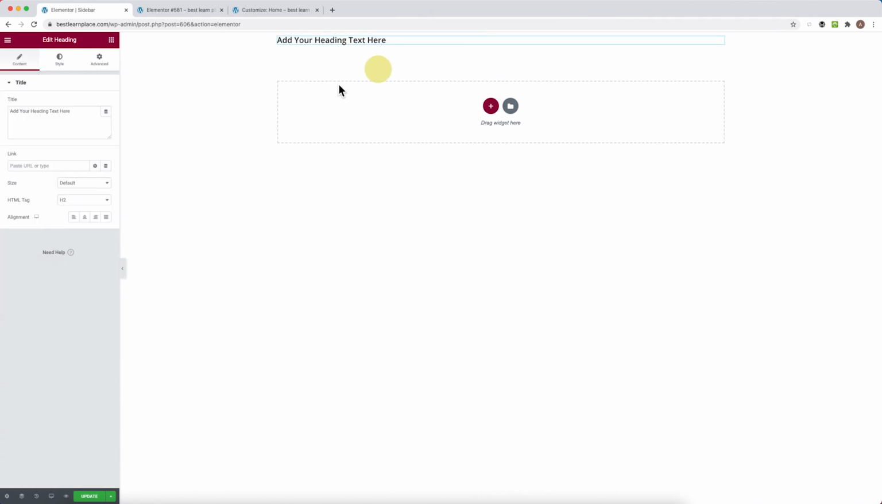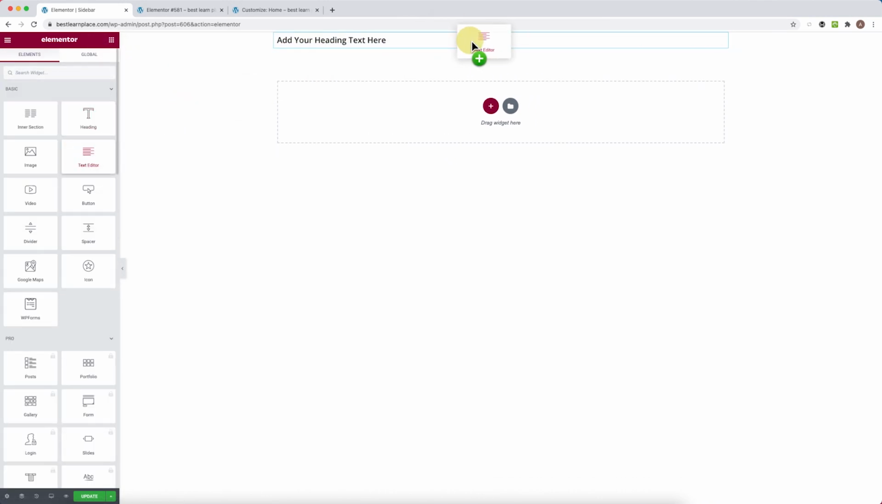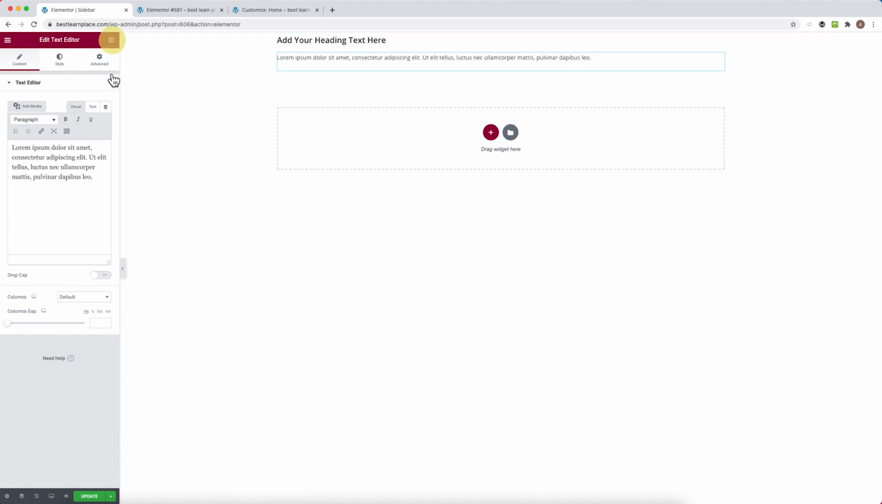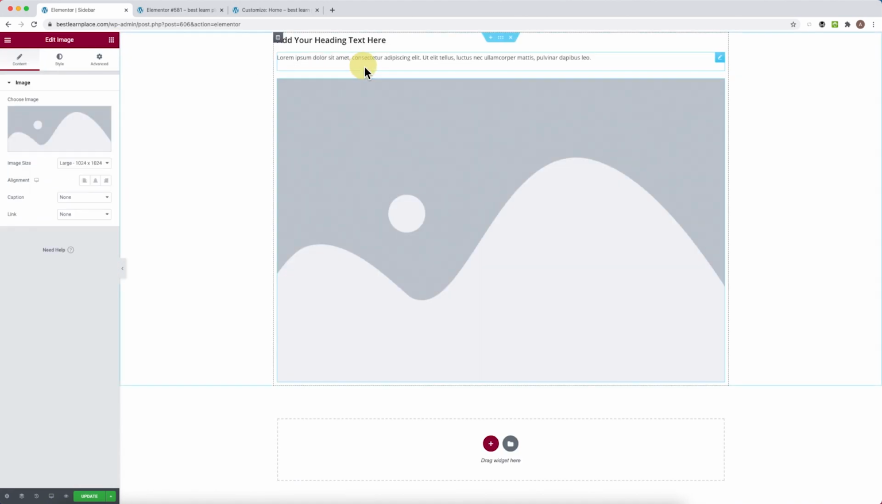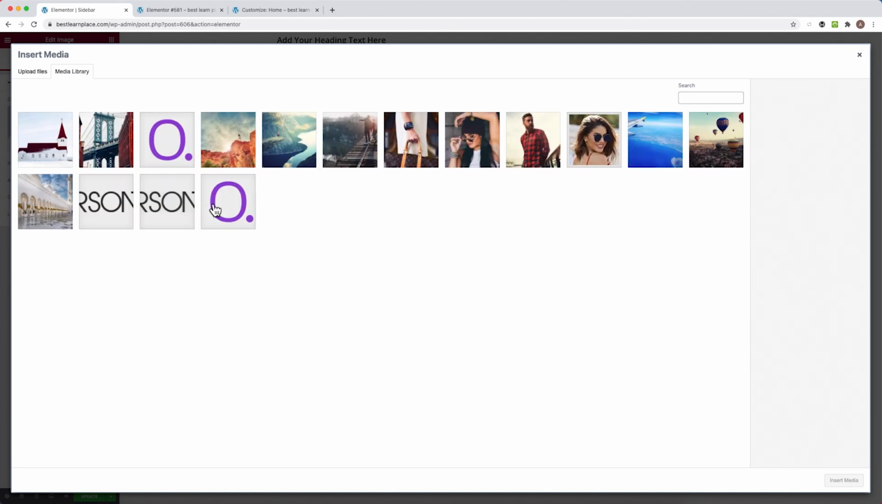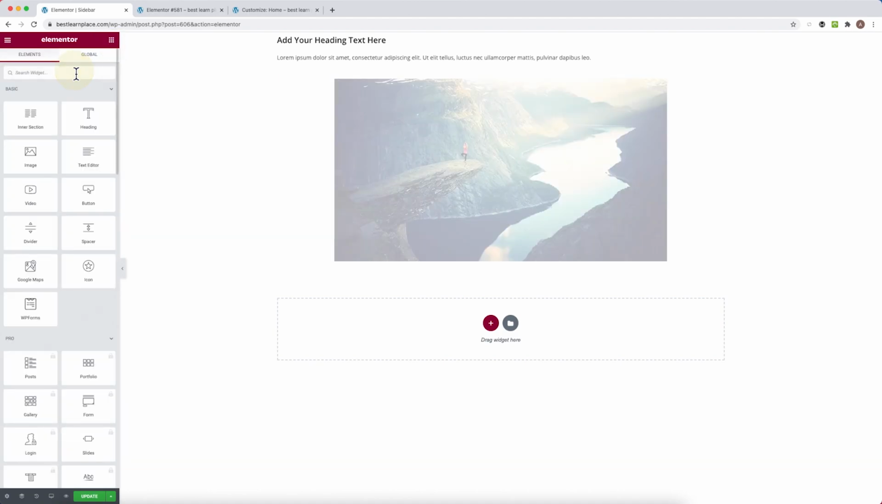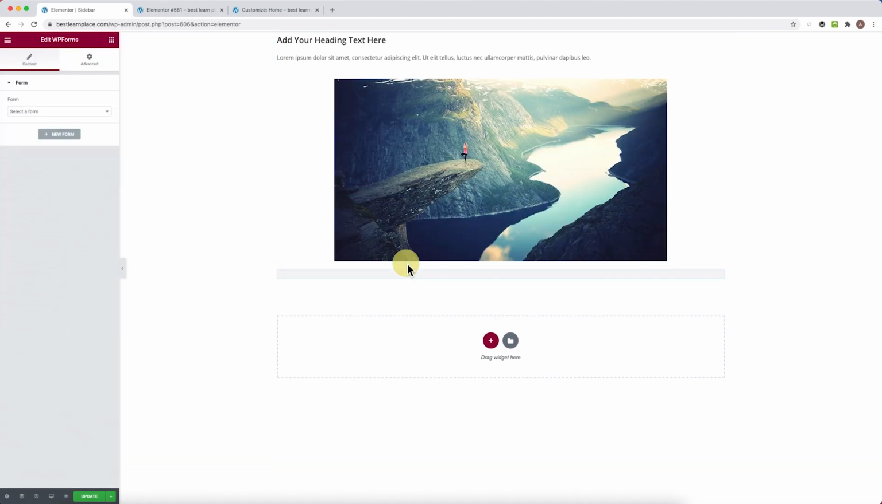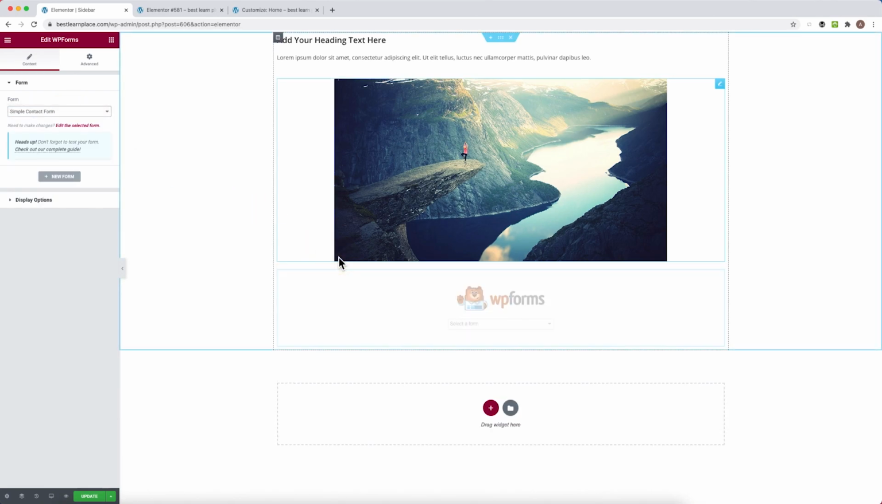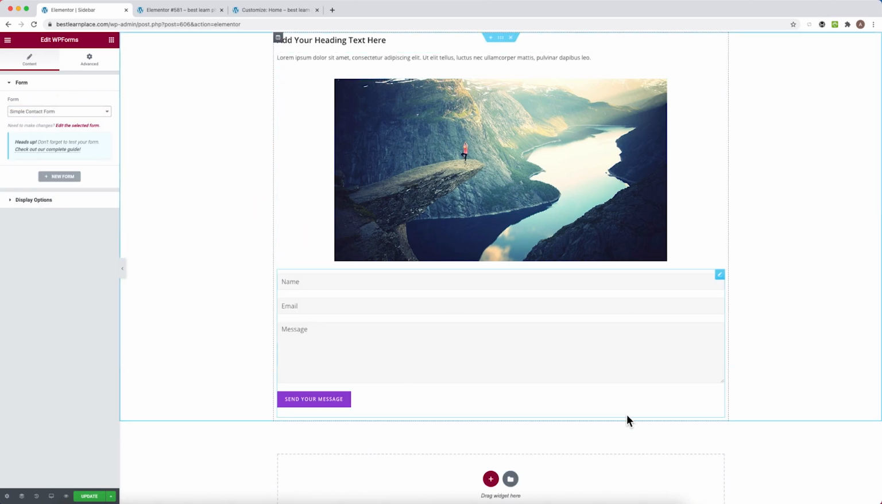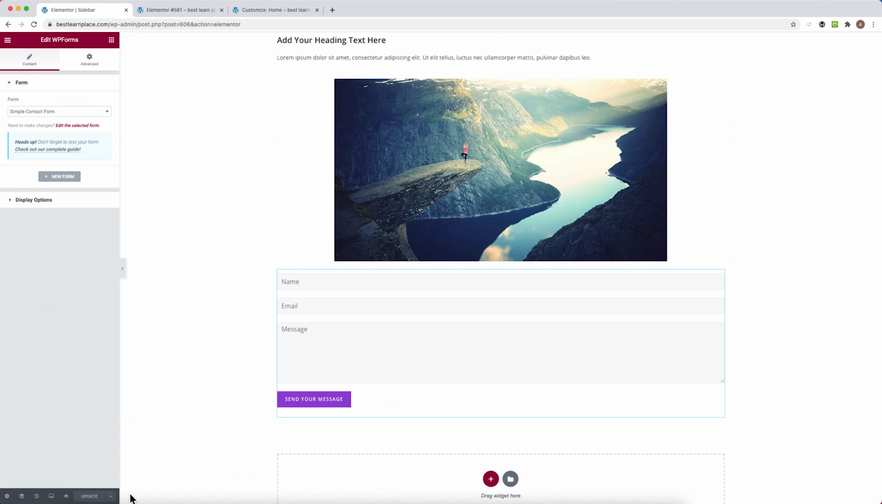So I will just add a heading, just for example, heading, a text. I will add an image, custom image. And I will also add a form. Okay, so this is my custom sidebar and we press update. Now we want to use this as a sidebar for our WordPress website. And we want to show it basically on all the site as a global sidebar. In order to do this, once you press update,